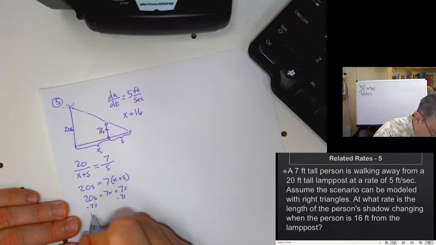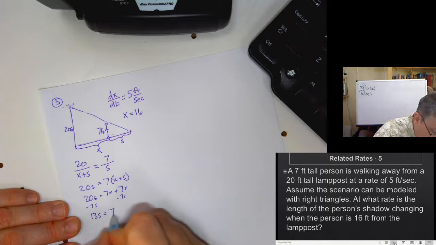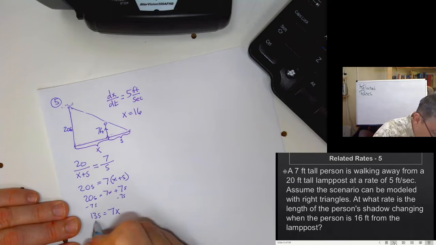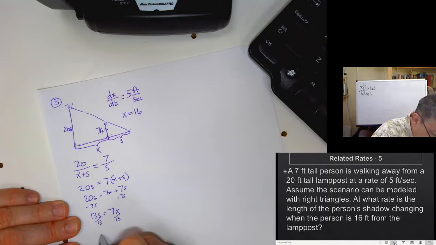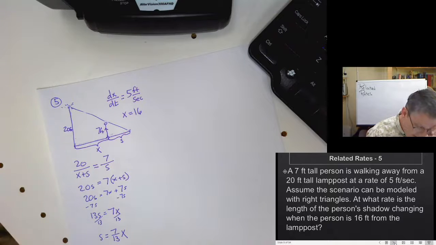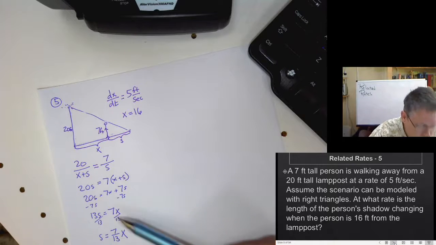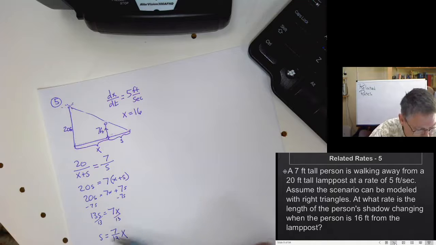And so we'll have 13s equals 7x. And then we're going to divide by 13, and we're going to have s equals 7/13 x. So what we have done is we've related the two sides, one variable to the other, and this